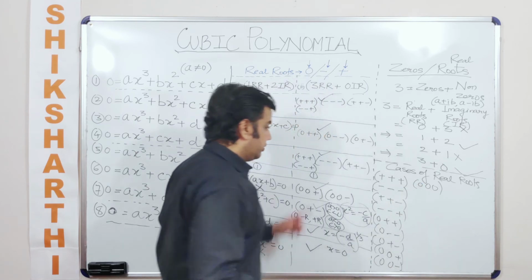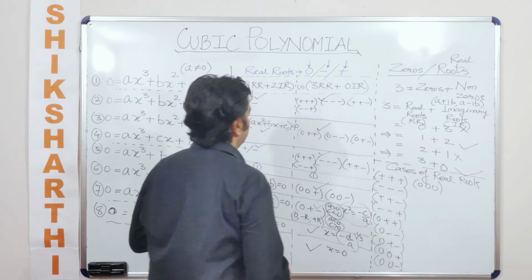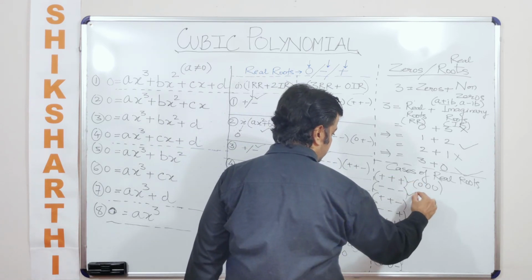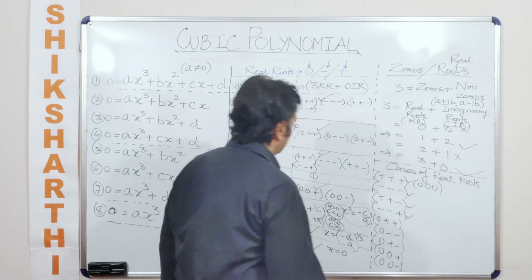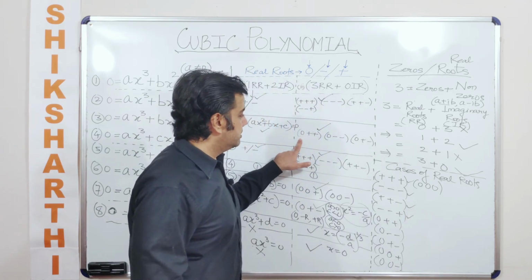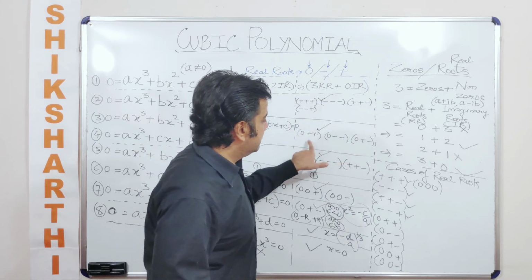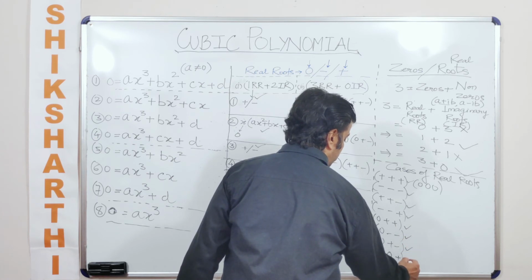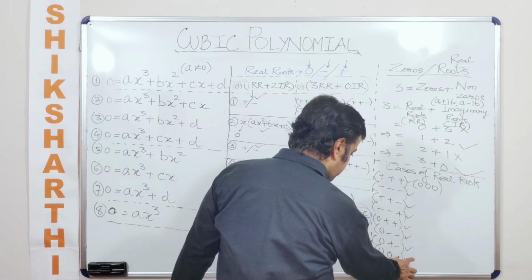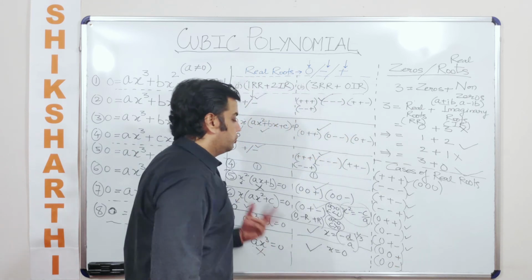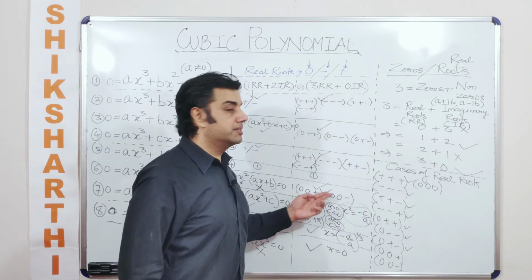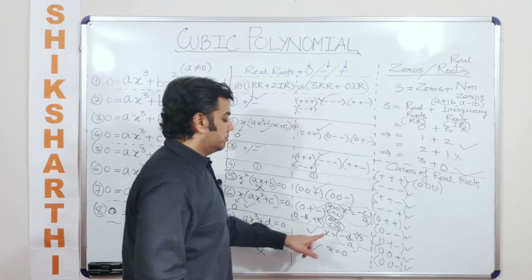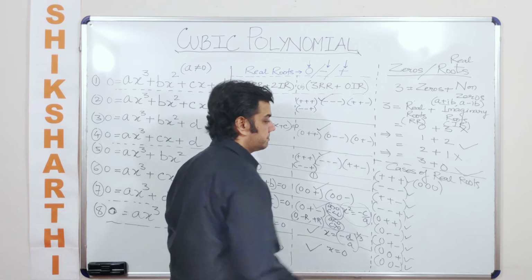Have we talked about all these cases? Let's see. Did we talk about cases 1, 2, 3, 4? We have already talked about these cases. So tick for this, tick for this, tick for this, and tick for this. What about two roots being positive and one root being 0? We have talked about one root being 0 and the remaining two roots being non-zero roots. They may be of the same polarity or of a different polarity. Have we talked about two roots being 0 and the third root being either positive or negative? Yes. And have we talked about all the three roots being equal to 0?